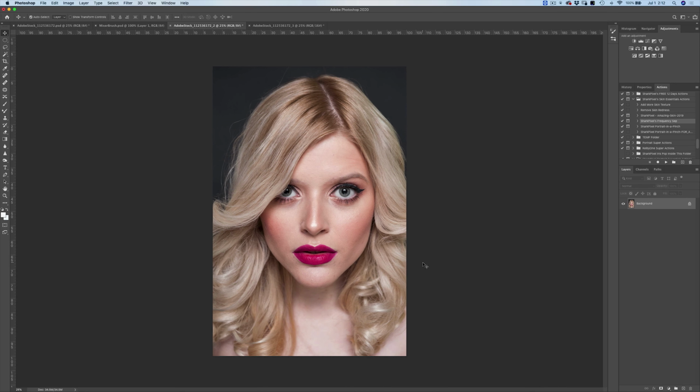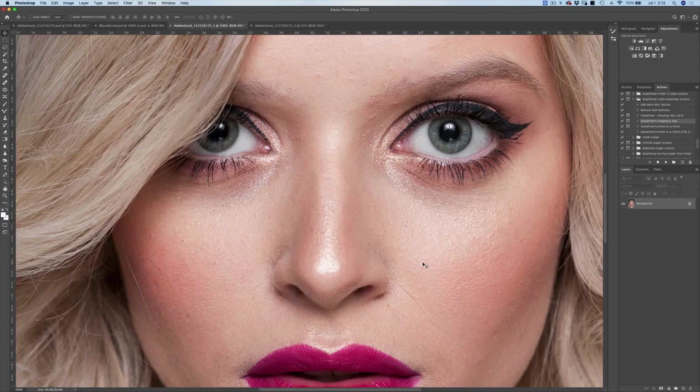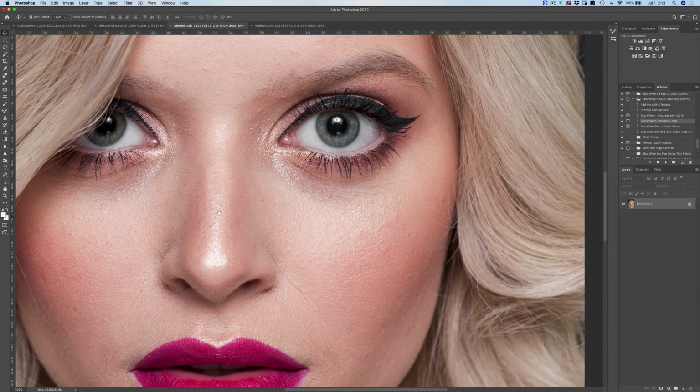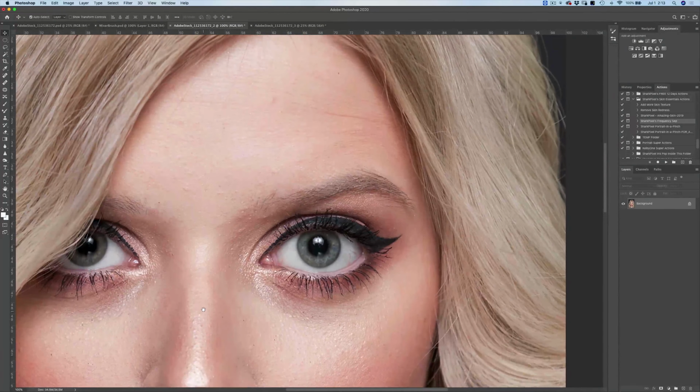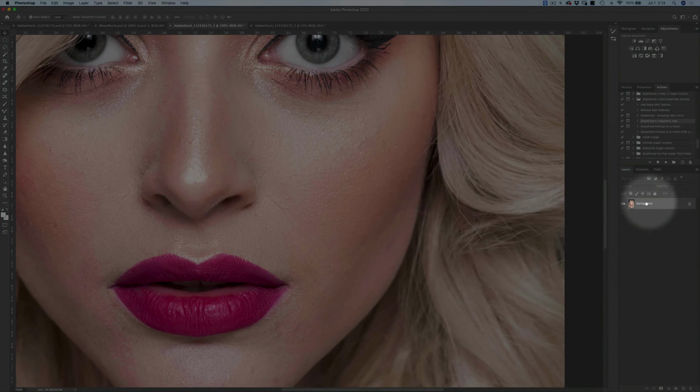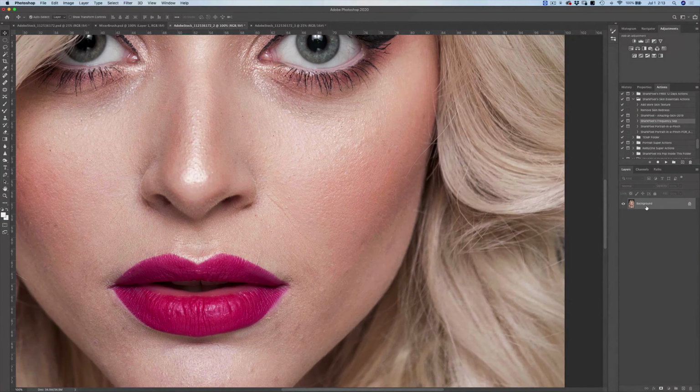And the first thing I do when I'm setting up my layers is zoom my canvas in to 100%. It's really important to be able to preview a lot of the skin as you are finding the sweet spot blur radius. Okay, so I'm zoomed in to 100%. And now I'm going to come over to my background and I'm going to duplicate my background twice. Command or Control plus J, Command or Control plus J.